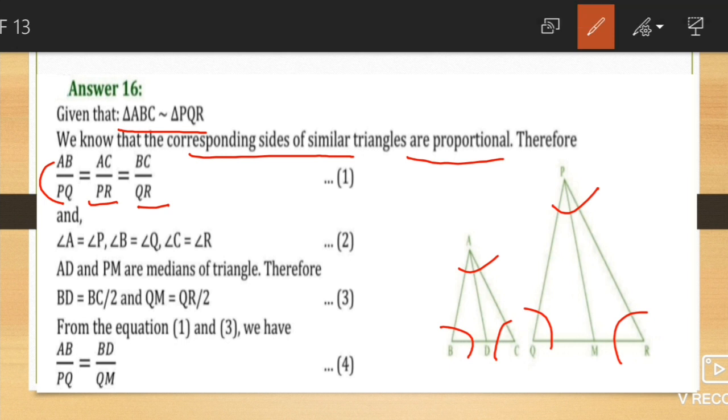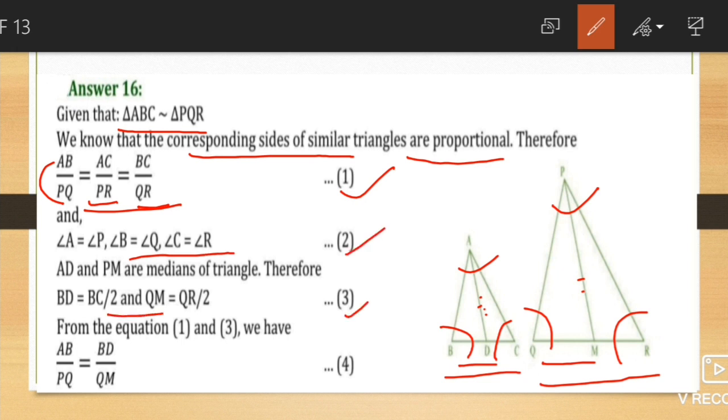Now since AD and PM are medians, BD is equal to half of BC and QM is equal to half of QR. So mark this equation as 1, this equation as 2, and this equation as 3. Now if you take the first ratio and third ratio, and multiply the third ratio by